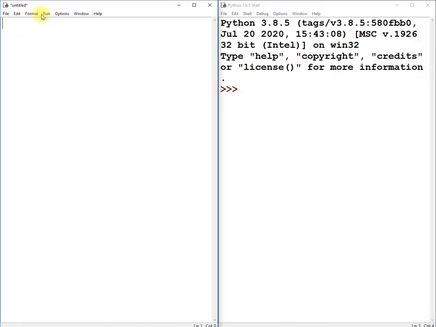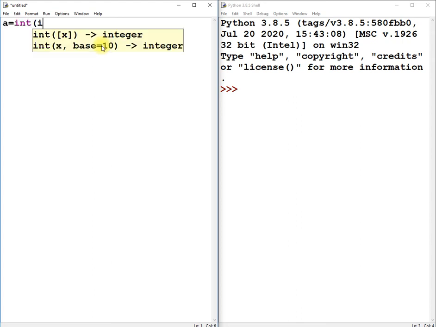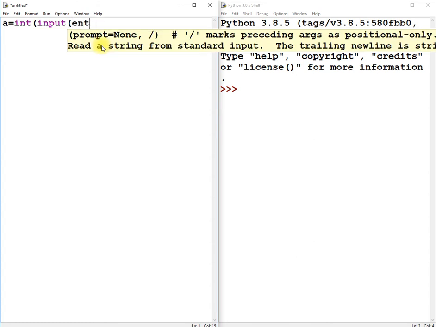So this is my screen where I am going to write a program, and this is the console or cell where I can see my output. So first let's write a program. To prompt a user for a value, I can write a is equal to int(input), "enter number".